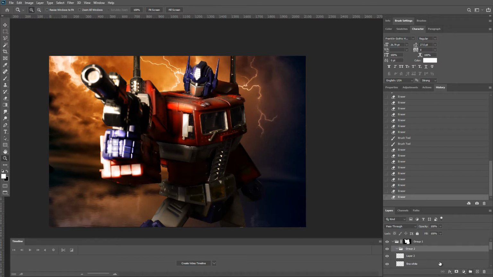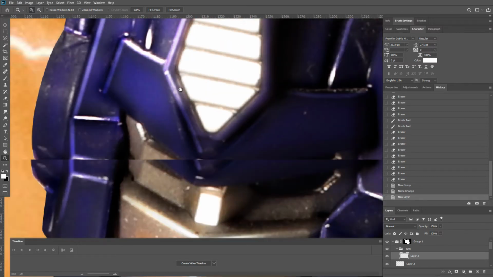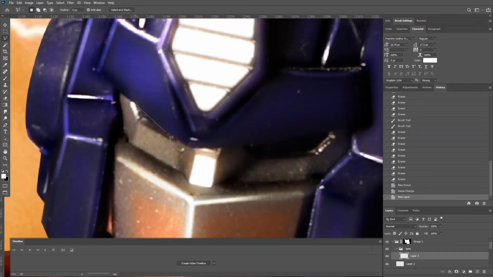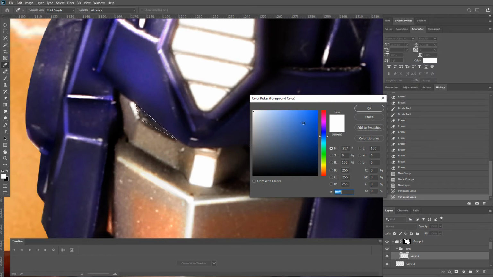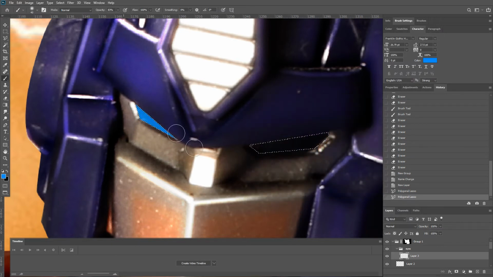All right. Actually, before I go any further on the color, I am going to go in and add a new folder. I'm going to call it Eyes. And I create a new layer, and what I basically do is I select around the eyes, which are very thin at the moment, but I select around the eyes, pick a nice blue color,